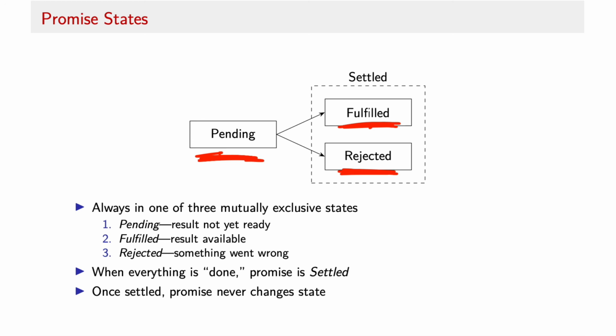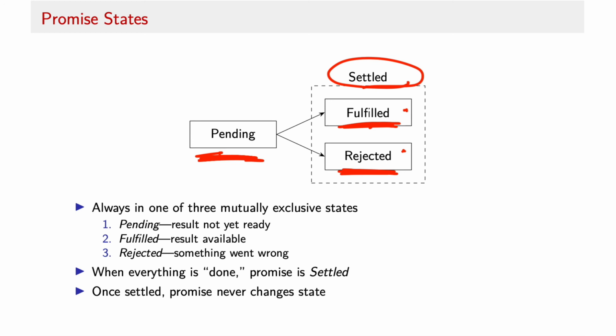Now, the generic term for these two states, fulfilled and rejected, is called settled. So at the beginning, when a promise is created, it's in a pending state, and eventually it's going to transition to one of the settled states, or the promise is going to settle, as it's talked about. It's going to settle either in a fulfilled state or a rejected state. There's no other possibilities, and it's important to note that once a promise makes the transition from pending to fulfilled or pending to rejected, it stays there for good,